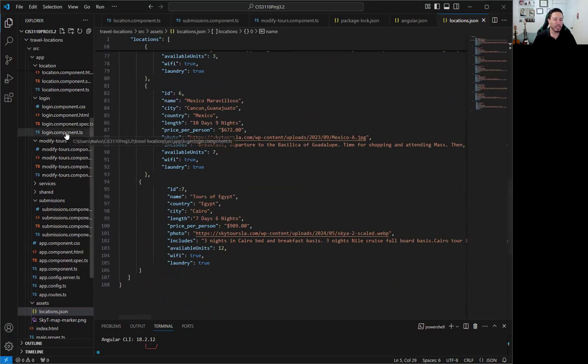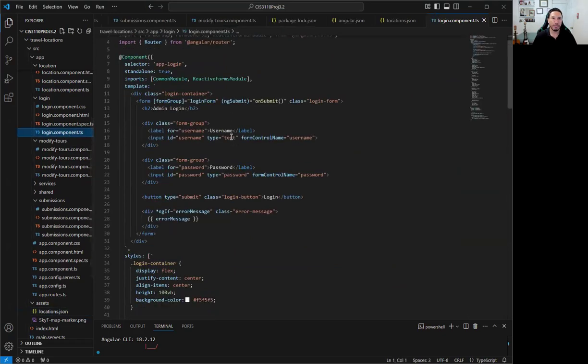Another thing that I created is a login component for management and access of the forms that I'll be talking about shortly that I included on the website. The login allows an administrator to not only go in and see the forms that a client is able to click on and display more information about that specific tour, but so the idea is that a client will fill out the form with their interest, their name, the phone number, their email, as well as a note specifying if